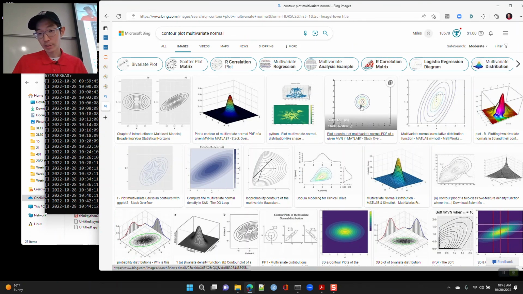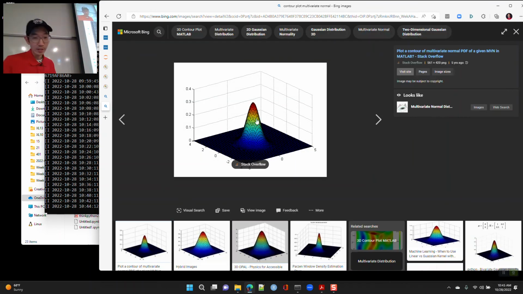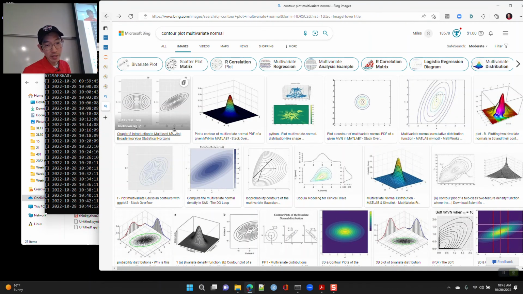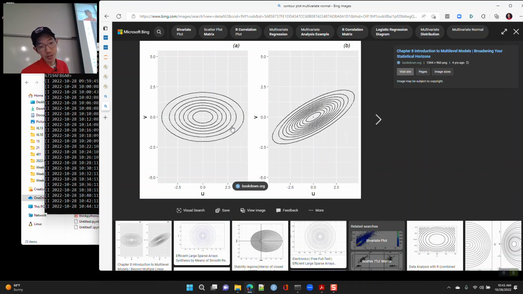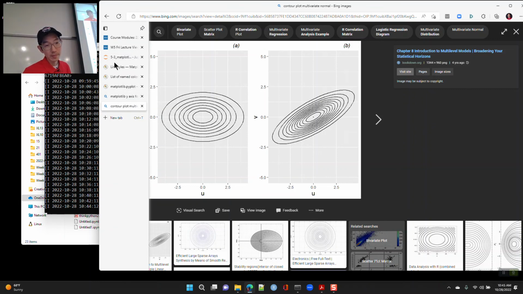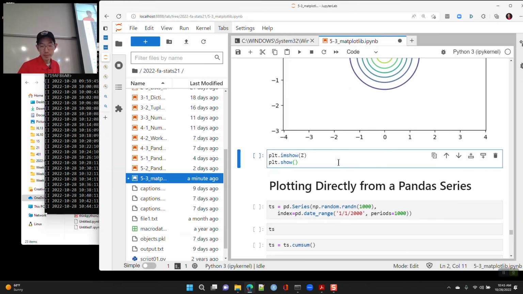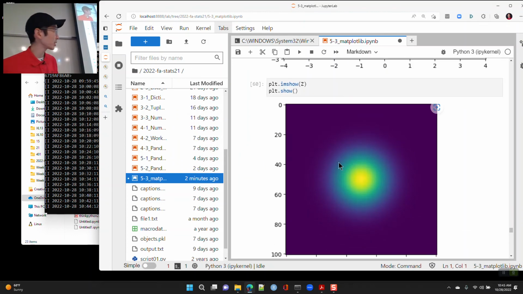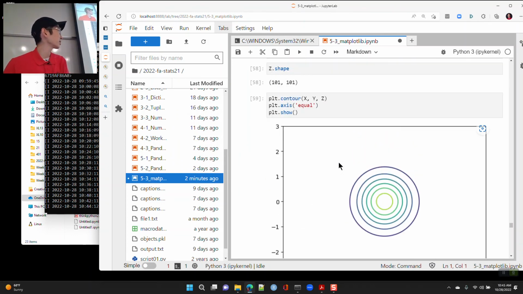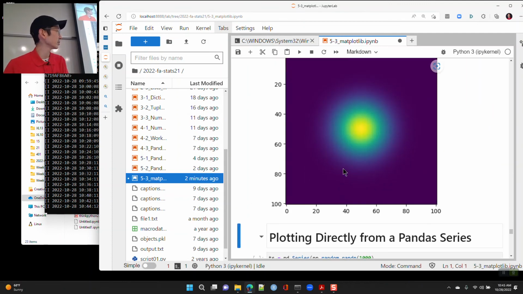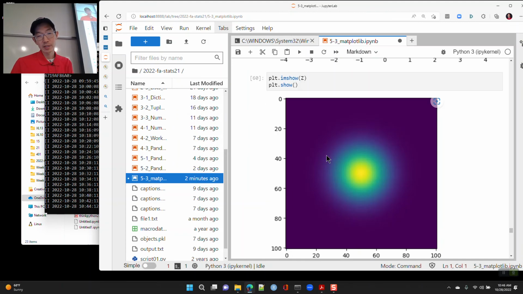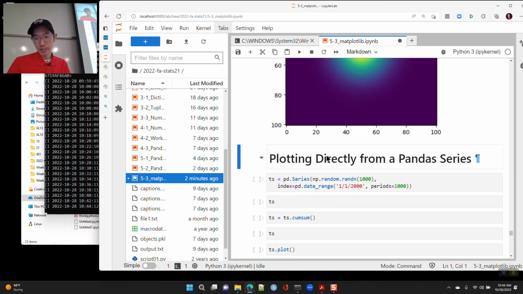This is the same plot we have here, but this is what the multivariate normal looks like, and basically the contour plot is, if I slice this at different elevations, what does that plot look like? It's going to look like a whole bunch of concentric circles in our case, but if you had covariance, you'd have ellipses. You can also do image show, and it chooses a color scheme where higher values get a different color and lower values get a different color. So these are just some options for plotting.